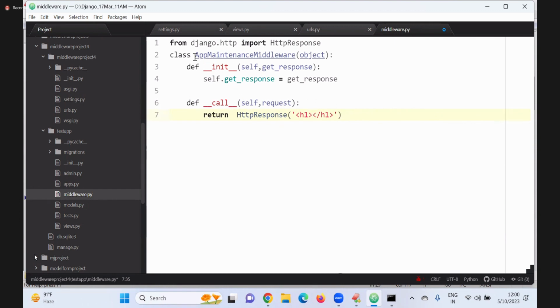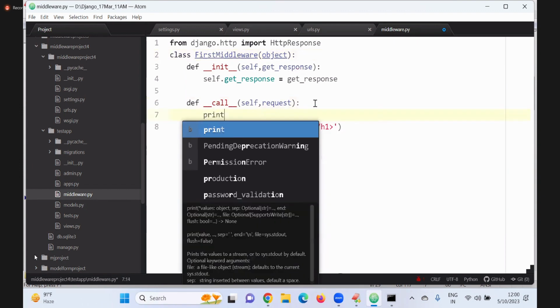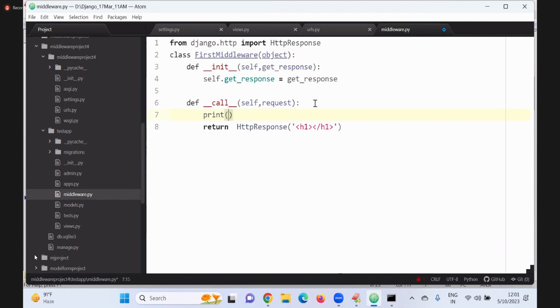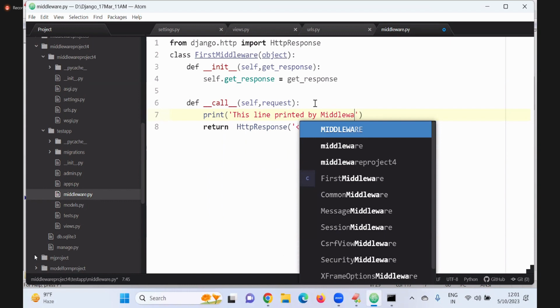Sir, this is not a maintenance middleware. I want to show what it is. First middleware, check it carefully. Init is okay. Next, I want to print just a general message. This line is printed by which one?